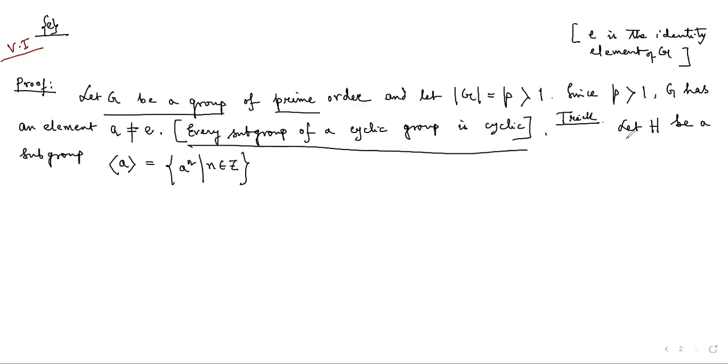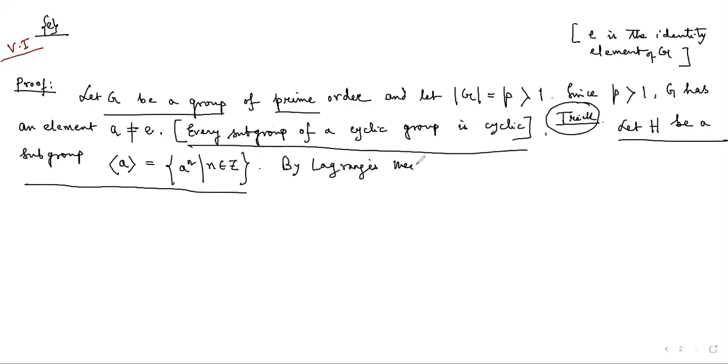I am considering a subgroup intentionally. This is the trick you have to remember, that it is generated by the number small a, and this small a is taken from the group capital G itself. So I'm considering a subgroup capital H generated by one of the elements of the group in the following manner that we can consider. Now, by Lagrange's theorem that we have proved in our previous page,